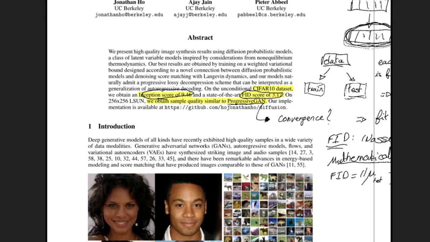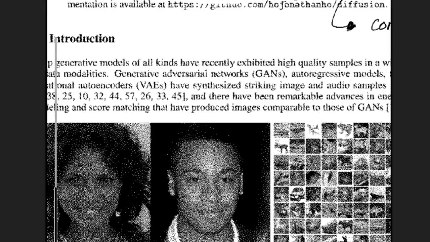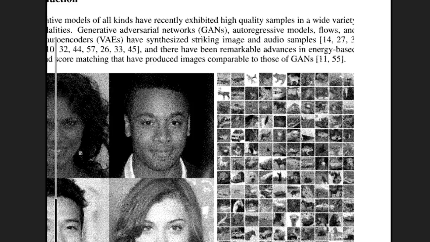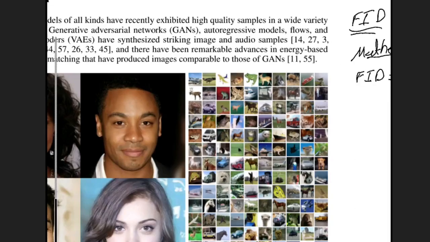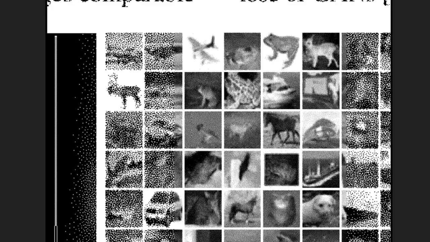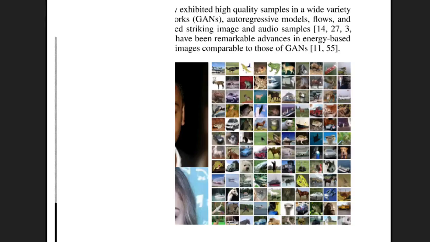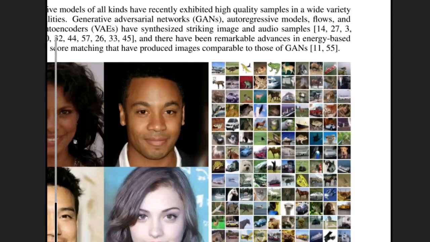So here you can see some synthesis examples or generated samples on the CelebA-HQ 256 by 256 dataset, and here on the CIFAR-10 dataset, which consists of images of size 32 by 32 of, I think, 1,000 different classes. And so basically we can see that it is able to generate pretty nice looking images for the time anyway. Okay,